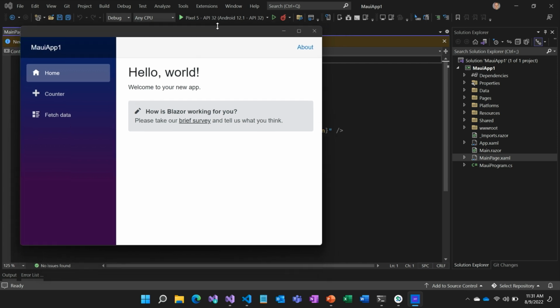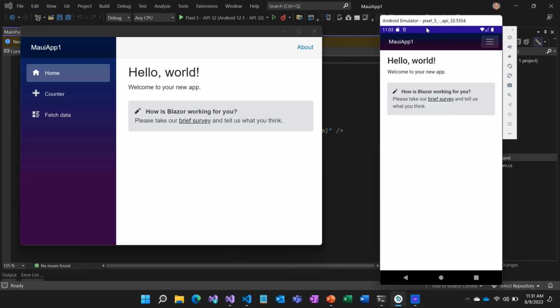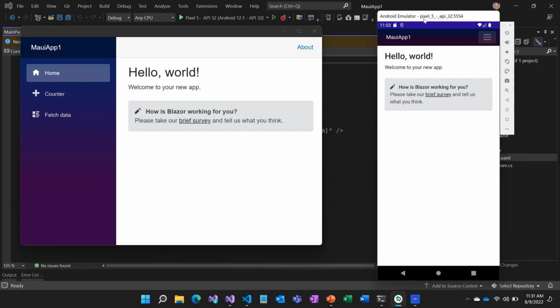This is a native Windows desktop app based off of WinUI 3 and also the Windows App SDK, but it's hosting our Blazor components right inside of it. And then alongside of it, here's Android. This is our .NET MAUI Blazor app running on an Android device as well. One project using WebUI to target mobile and desktop. Now we can see that this is really WebUI.